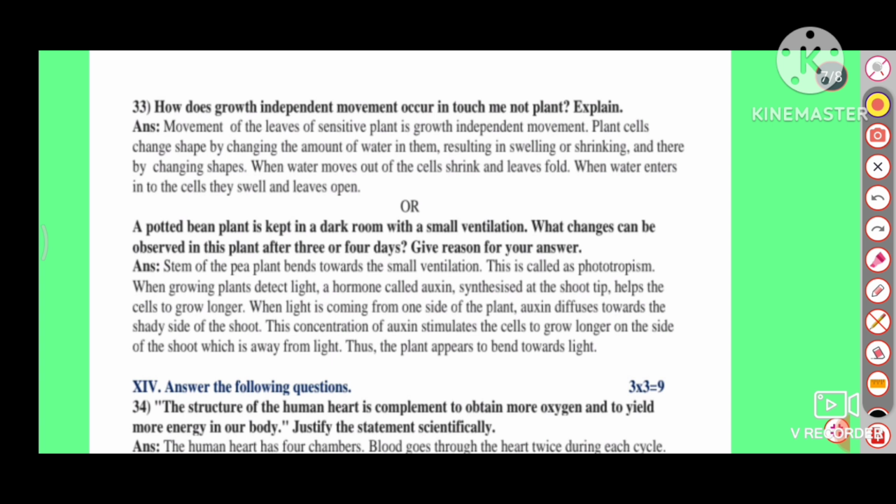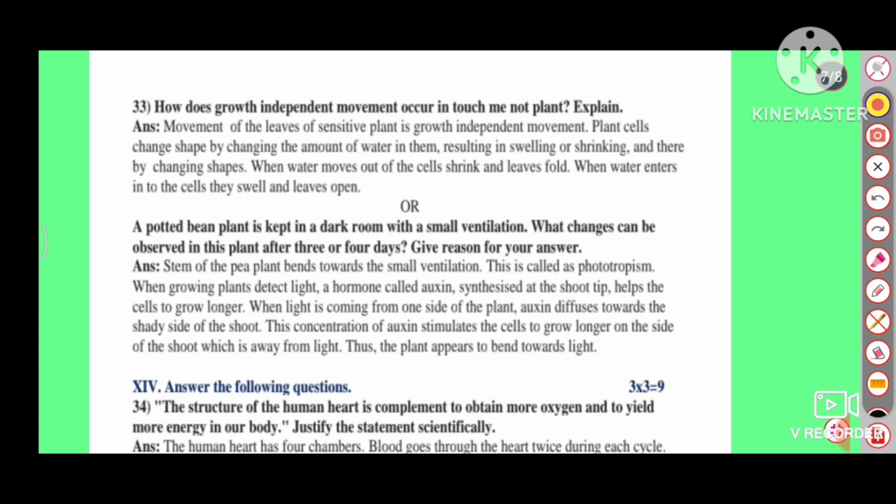Our question is, a potted bean plant is kept in a dark room with a small ventilation. What change can be observed in this plant after 3 or 4 days? Give reason for your answer. Answer is, the stem of the plant bends towards the small ventilation. This is called